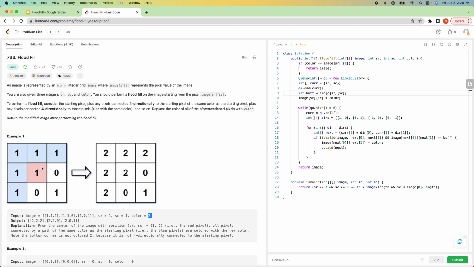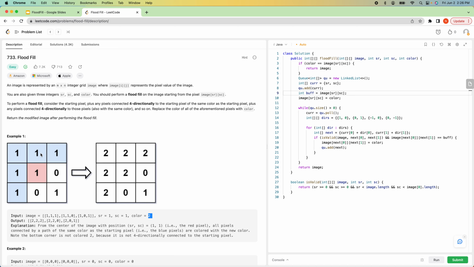If you FloodFill, its value is going to change. Then you will not be able to find the value. If you don't store it into the buffer before changing the value, then you will not be able to find the neighboring cell, because remember, the neighboring cell is the cell that matches the value of the original cell. So first of all, you will store that into a buffer, and then find the neighboring cells, make recursive call